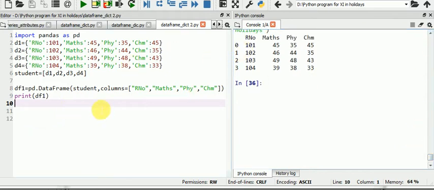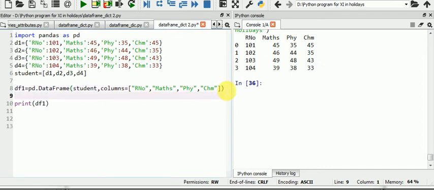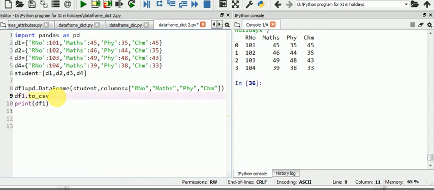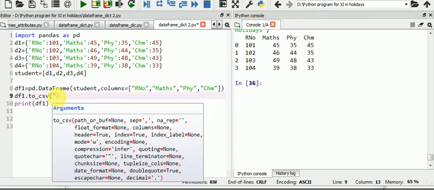Now I want to store this data frame in a CSV file. For that, after creating this data frame, we can use df1.to_csv and give your location on the C drive, I'm giving student3.csv.